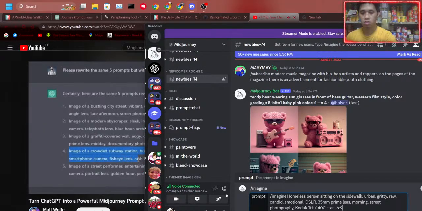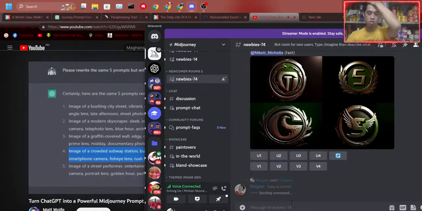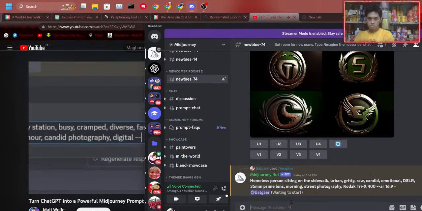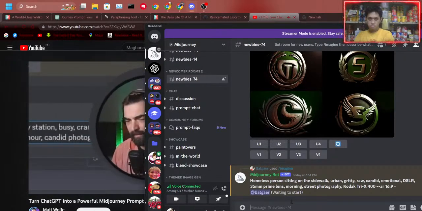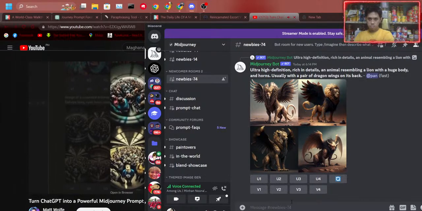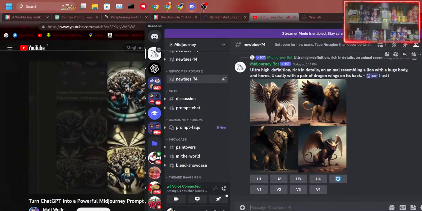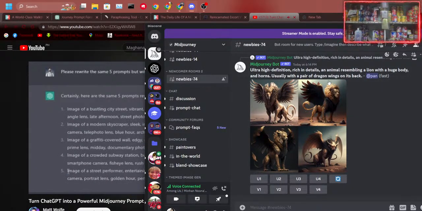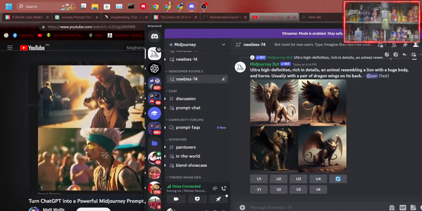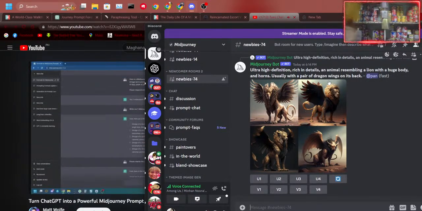Image of a crowded subway station, busy, cramped, diverse, fast-paced, underground, smartphone camera, fisheye lens, rush hour, candid photography, digital. Let's make this an aspect ratio of 9:16 since it's a smartphone camera. There we go. We got a fisheye lens view of a subway station during rush hour. I mean, it looks pretty convincing to me. And our last one, image of a street performer, entertaining, engaging, lively, artistic, compact camera, portrait lens, golden hour, performance photography, color film. There we go. There's our street performers during golden hour. And that's just what I get when I say